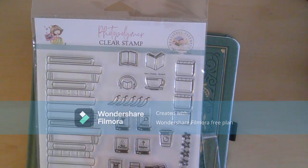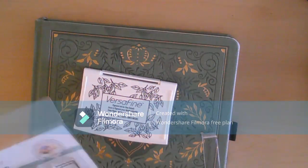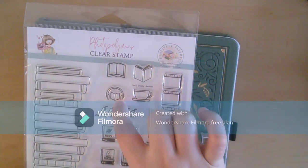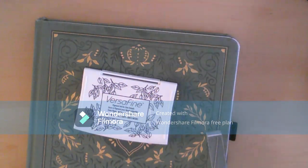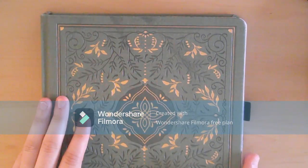This is their, what is this one called? I don't remember what this one is. Oh, this is called Bookish, and I do want to use the book, the audiobook, and the little e-reader, and the 5-star stamp. If you hear stuff in the background, that is my daughter, the TV, as well as